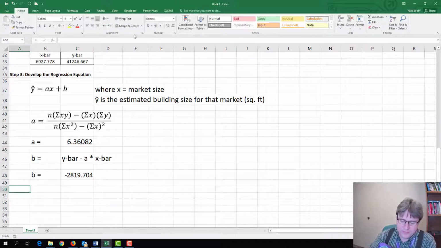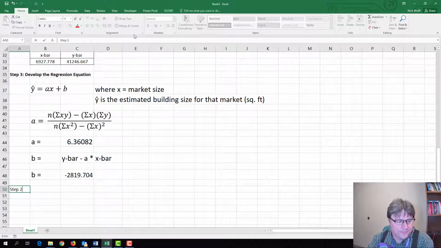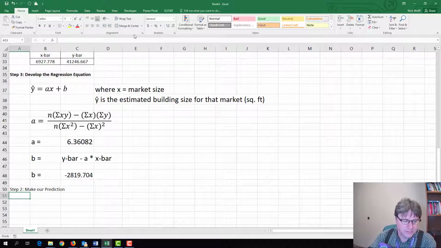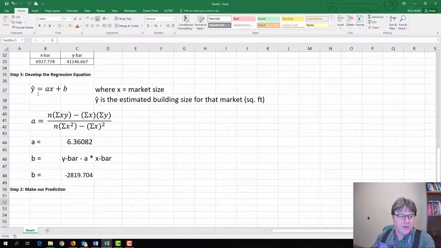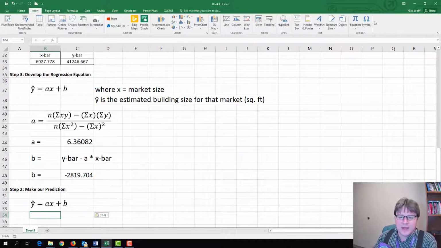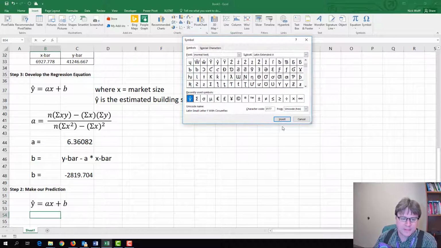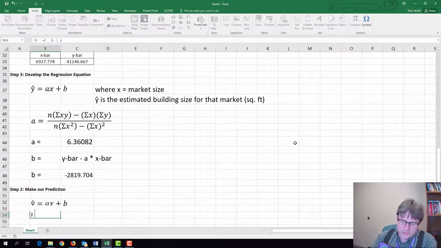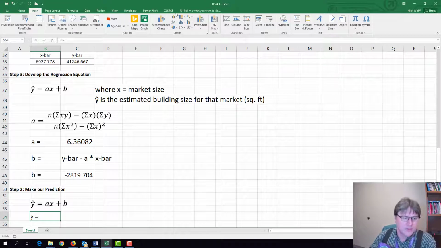Okay, step 4. Make our prediction. So again, we know our equation. It's going to be y hat equals ax plus b. So we'll go ahead and insert the symbol for y hat, which is right there. And that's going to be equal